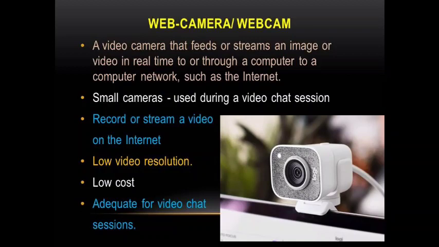Webcams can be used during a video chat session involving 2 or more people with conversations that include live audio and video. Webcam software enables users to record a video or stream the video on the internet.